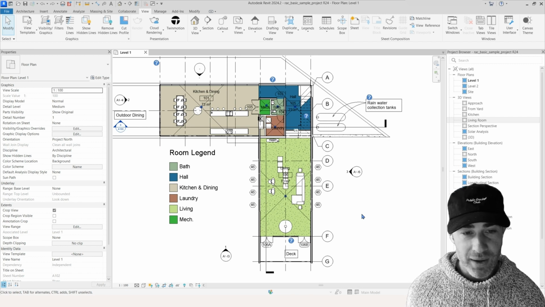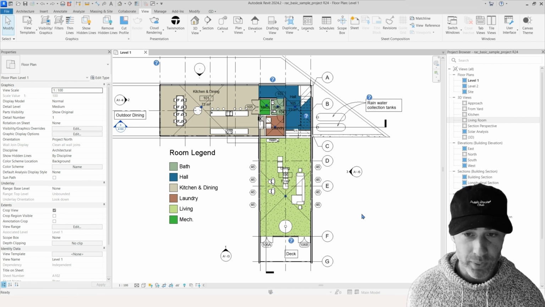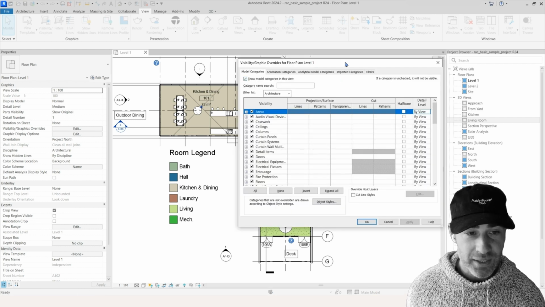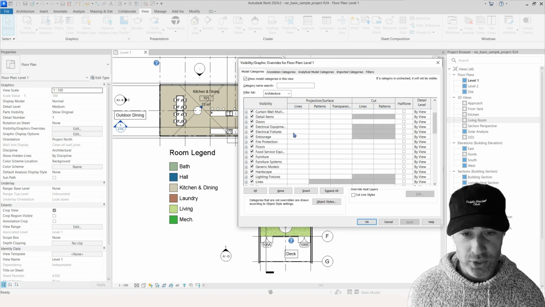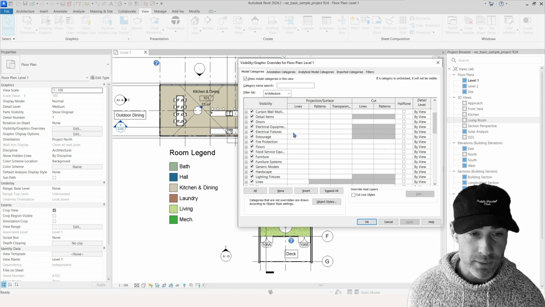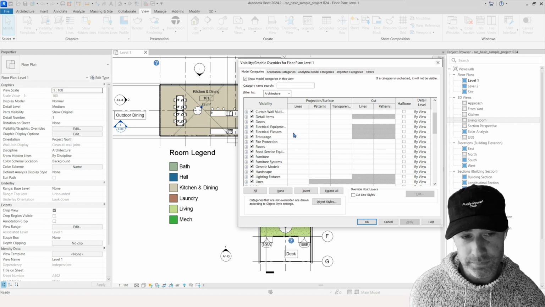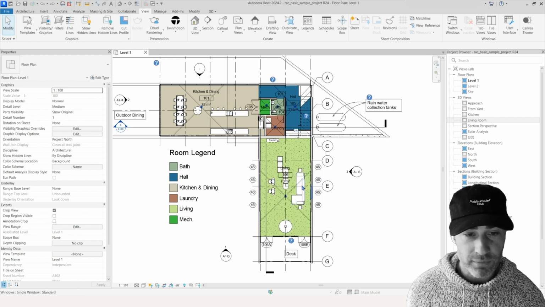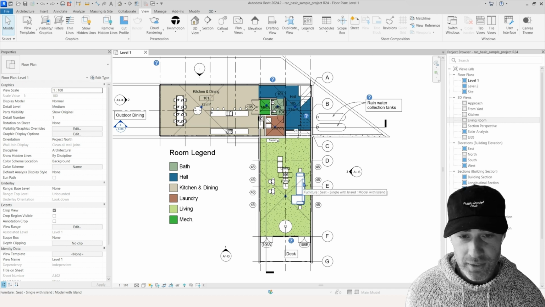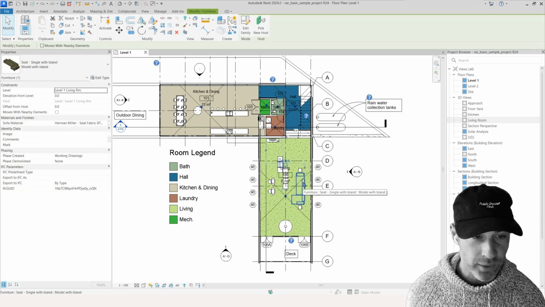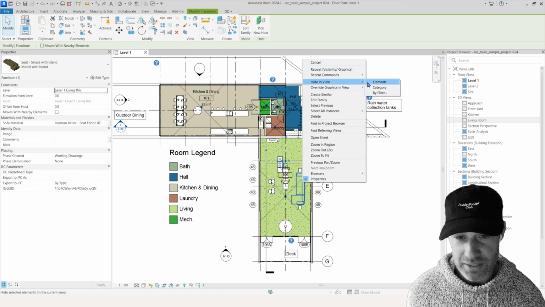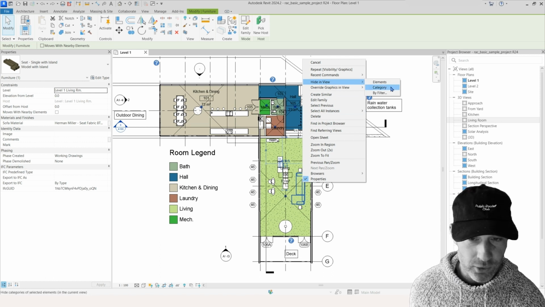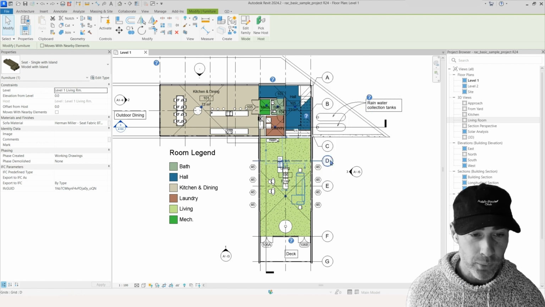The better way of hiding elements in your views is using visibility graphics. By pressing VV or VG, it will prompt you to this screen. Now, this will allow you to turn off or override different components to your view. So if you wanted to turn off all furniture, rather than going to the view and turning it off by selecting the element and right-clicking to hide element in view by categories or elements,